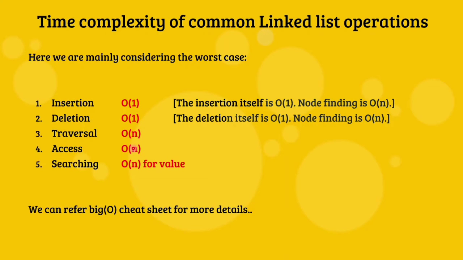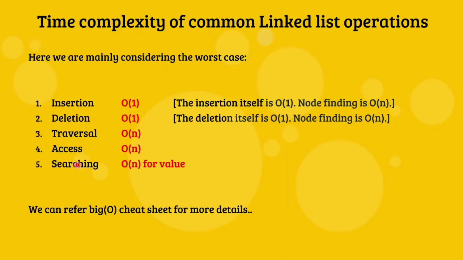As I have already told you, a linked list is something like a staircase. When we want to reach the 5th floor, we need to start from the bottom. Then we will go to the first floor, then the second floor, then the third floor, fourth floor, and finally to the 5th floor. While in case of an array, there we have a lift. Suppose I want to reach the 5th floor, I can simply press the button and I will reach from the ground floor to the 5th floor. So access is a little slow in case of a linked list.